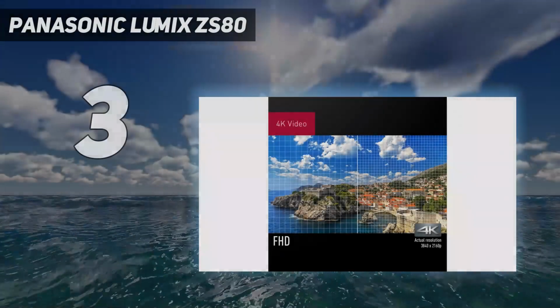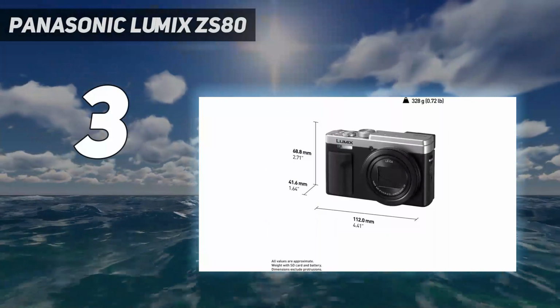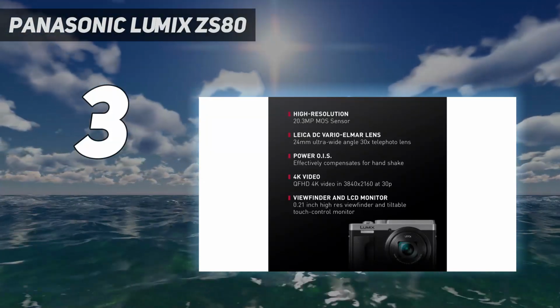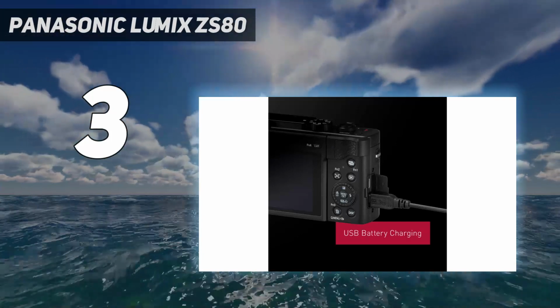Panasonic Lumix ZS80. The Lumix ZS80/TZ95 replaces one of our old favorites, the Panasonic Lumix ZS70/TZ90. And despite being a 2019 vintage, it is still one of the best and most affordable compact cameras you